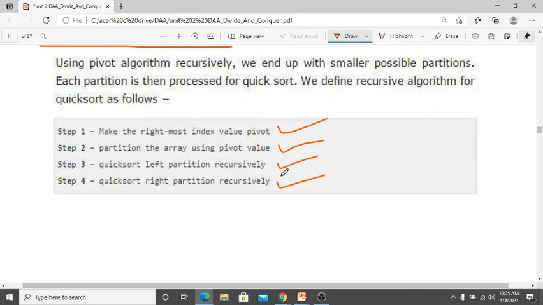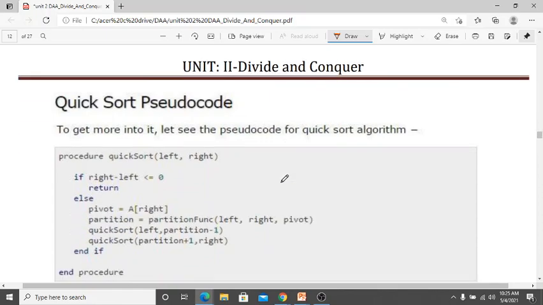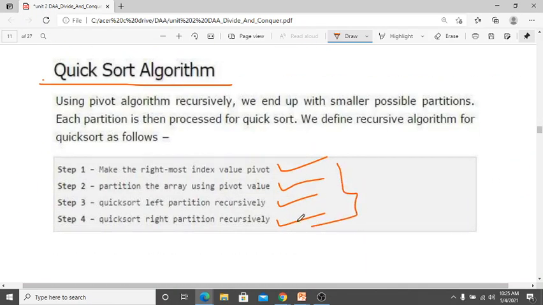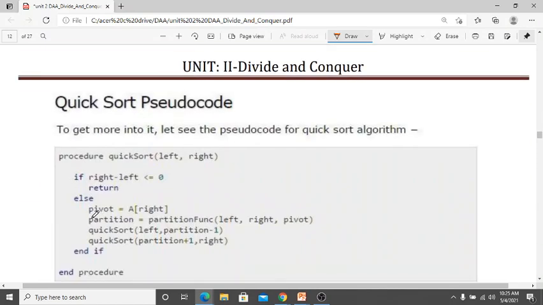From the partition, quicksort the left partition recursively and quicksort the right partition recursively. So this is a simple example, and we can say this is an algorithm, step by step processing.